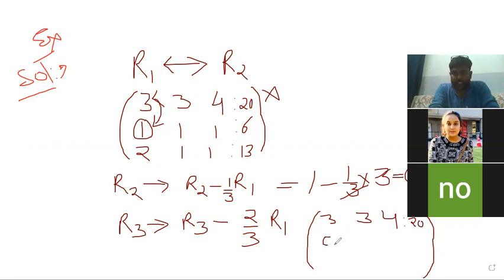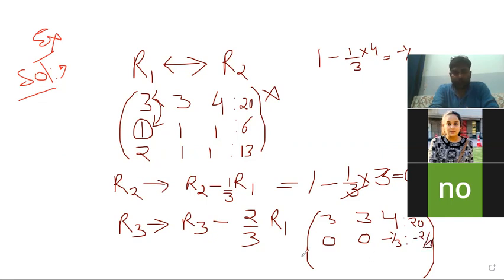I have written this value becomes 0, and similarly this value will also be 0 because the same thing. But here you see that it is 1. We write 1 minus 1 by 3, and here is 4. So it becomes 4 by 3. So 3 minus 4 by 3, it will be minus 1 by 3. So we write minus 1 by 3 here, and here our value will be minus 2 by 3. Similarly, we can find this value.